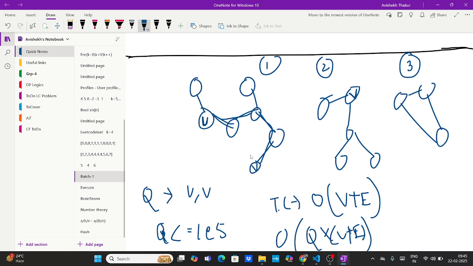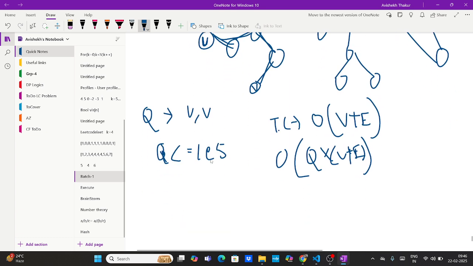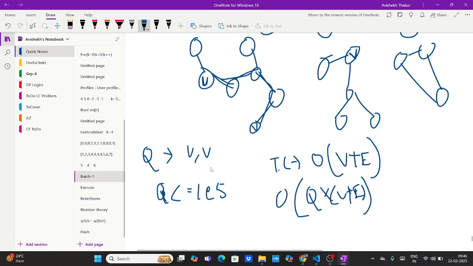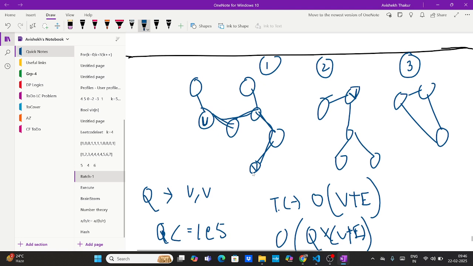I still did not understand. See, you have three components, right? So if you are given a query like u comma v, we can know whether it is present in the first part or second part or third part, right? Where u and v are present. And if you just know where the breaks are, where the components are getting disconnected,